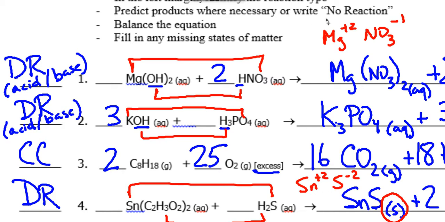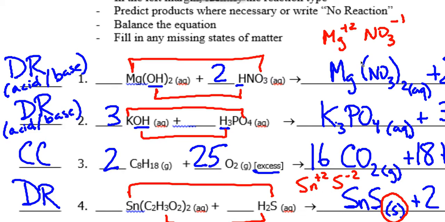So we put magnesium and nitrate together, and since nitrate's a -1, it took 2 nitrates to balance out magnesium's charge. Then we also put together the hydrogen and that hydroxide, and we made water. HOH is water. After we put them together, we then need to balance the reaction. Since there were 2 nitrates as a product, we need to put a 2 over here so that there are 2 nitrates as a reactant. That also hit the hydrogen, but if you notice there were 2 hydroxides and 2 hydrogens, that means there needs to be 2 waters. So again, first we used the charges to make the products, then we did the balancing,